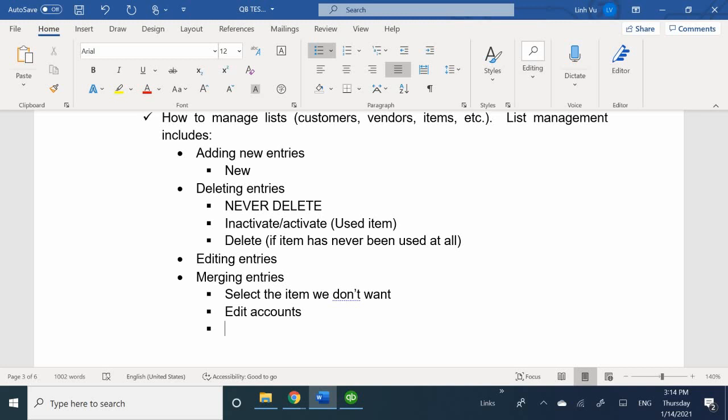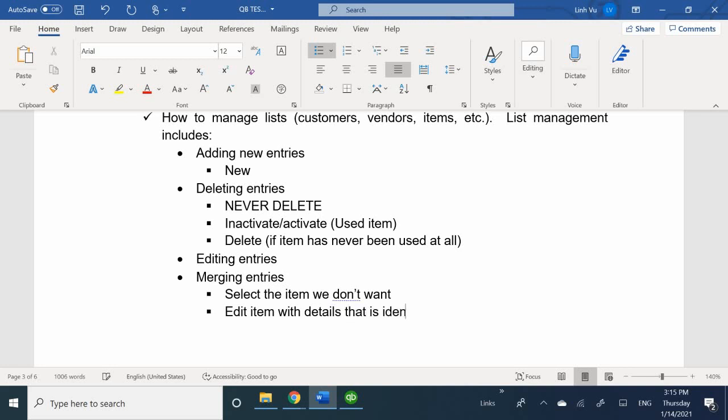And then once you do that, QuickBooks is going to notify you, saying, "Hey, this account or this item already exists. Do you want to merge it?" So that's the most important thing: you're going to edit the item with details that